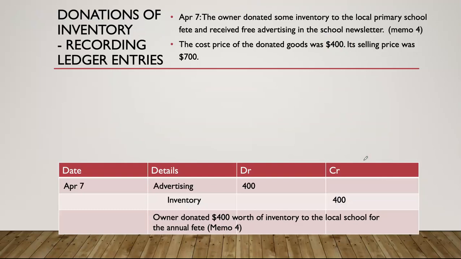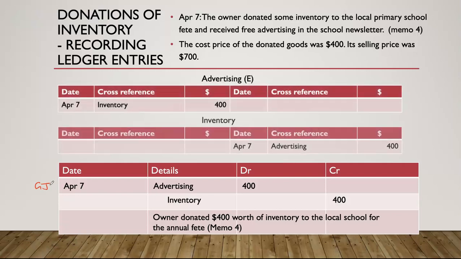I then have my perfect instructions in my general journal. I have correctly identified my debits and credits, and I now need to put it into my general ledgers. Now here is my general ledgers, and we're going to follow this through. I'm going to find my advertising ledger, and my instructions say to do a debit, and debits equal left, and credits equal right. So I'm going to pick the $400 up into my advertising ledger and record it in my debit